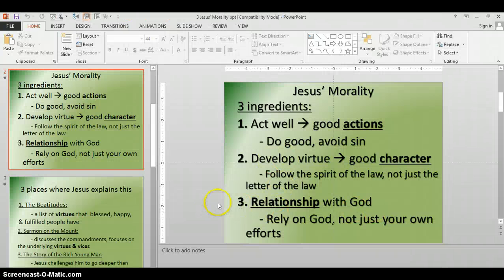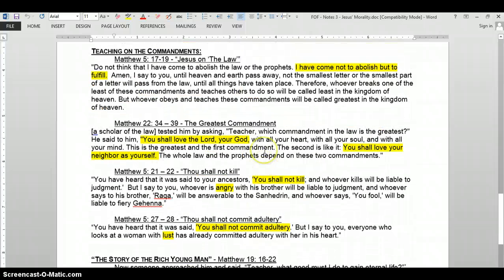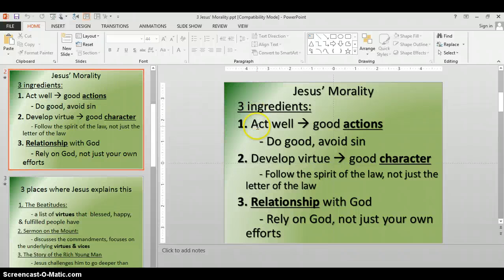That's ingredient number 3. So if you can spell all that out, that's probably the easiest, simplest way to answer that essay. Now, you can also find all 3 of these themes in the teaching on the commandments, okay, because Jesus says, I haven't come to abolish the law, but to fulfill. This is saying, good actions are a good starting place, but you also have to develop good